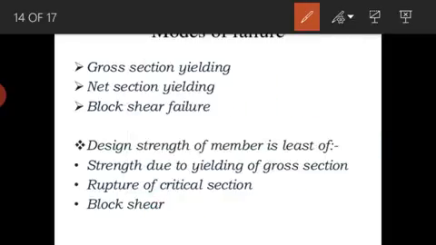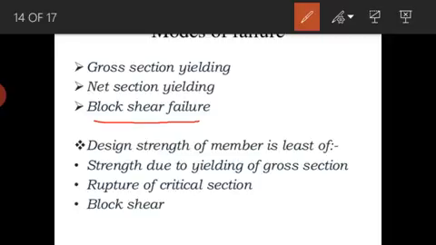Then the third failure is the block shear failure. The combined effect of shearing and rupturing is called block shear failure. It means a segment or block of material at the end of a member shears out, due to the possible use of high bearing strength of the steel and high strength bolts, resulting in a smaller connection length. So basically the block shear capacity is the combined shear and tensile capacity of the failure mode.